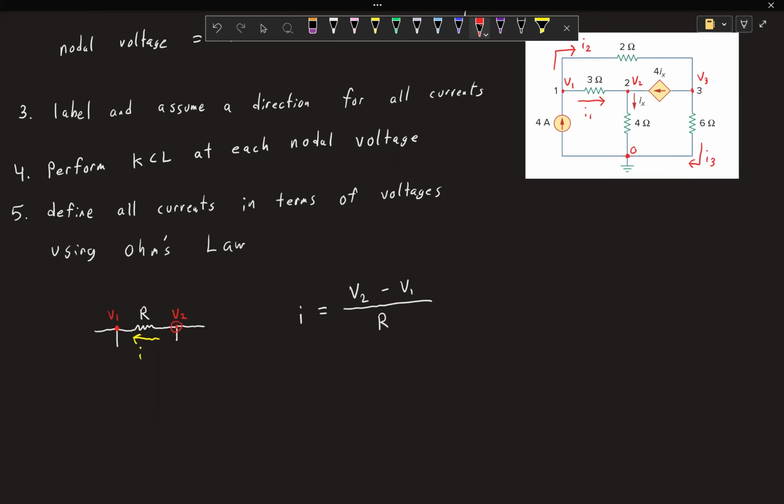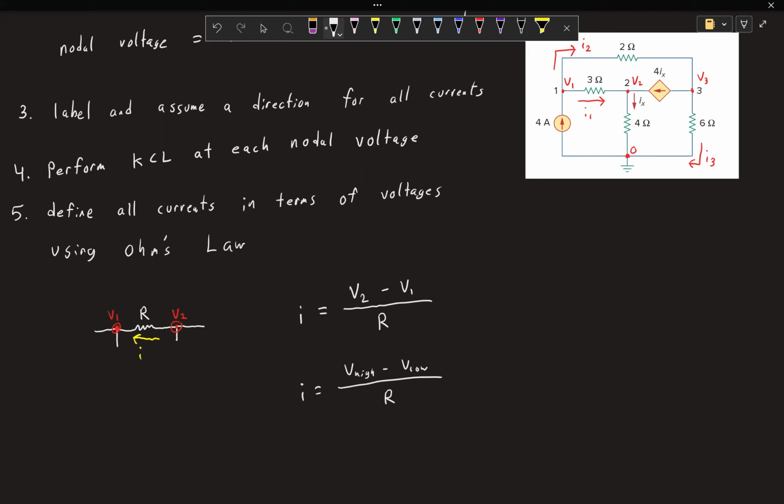It starts at V2, so V2 is going to be first, and then it ends at V1, so then minus V1, and then you just divide by the resistor value. Now, this formula comes from the fact that current always flows from a higher potential to a lower potential. So you can say I equals V high minus V low